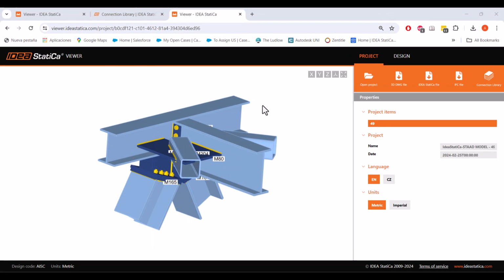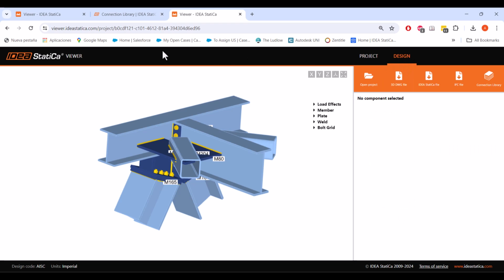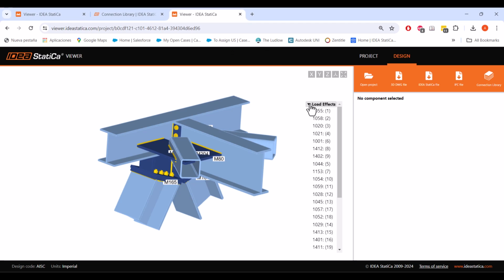Then to see more details on this connection, you can jump into this Design tab here. But before jumping there, don't forget to select the units applicable for this connection. So I'll select Imperial here. Then I can go into the Design tab. And you will see a list of items on the right side of the screen. And if you click over the drop-down menu,